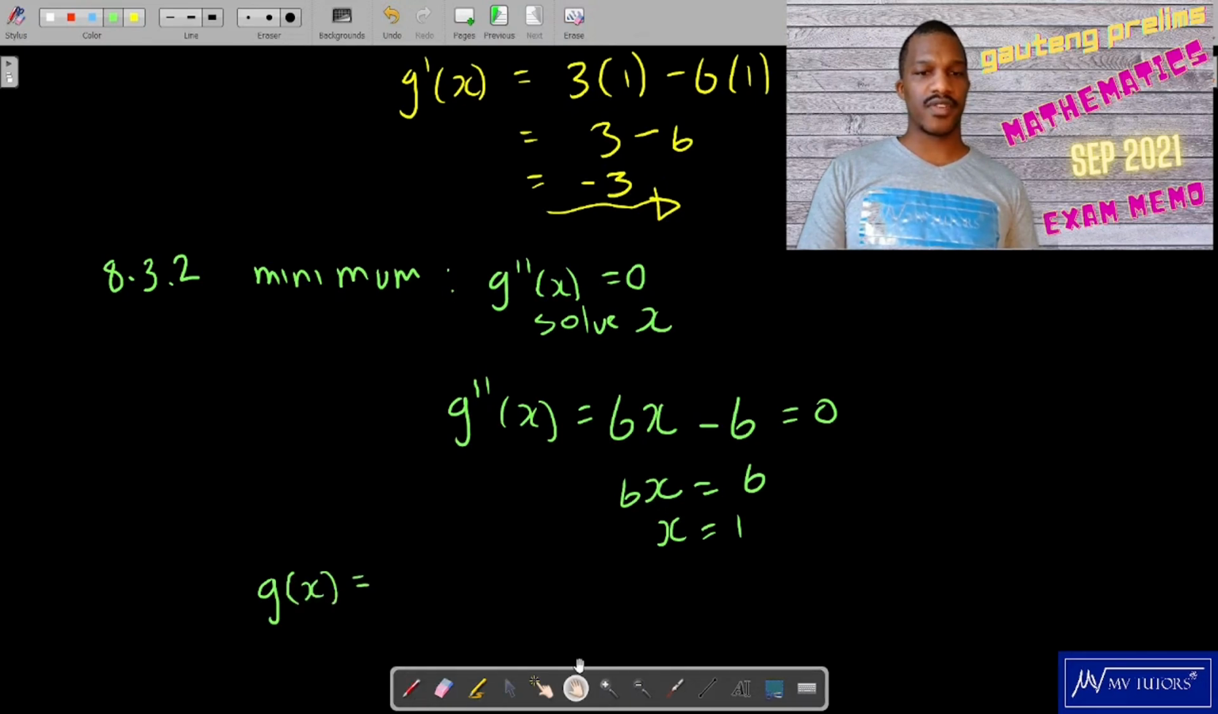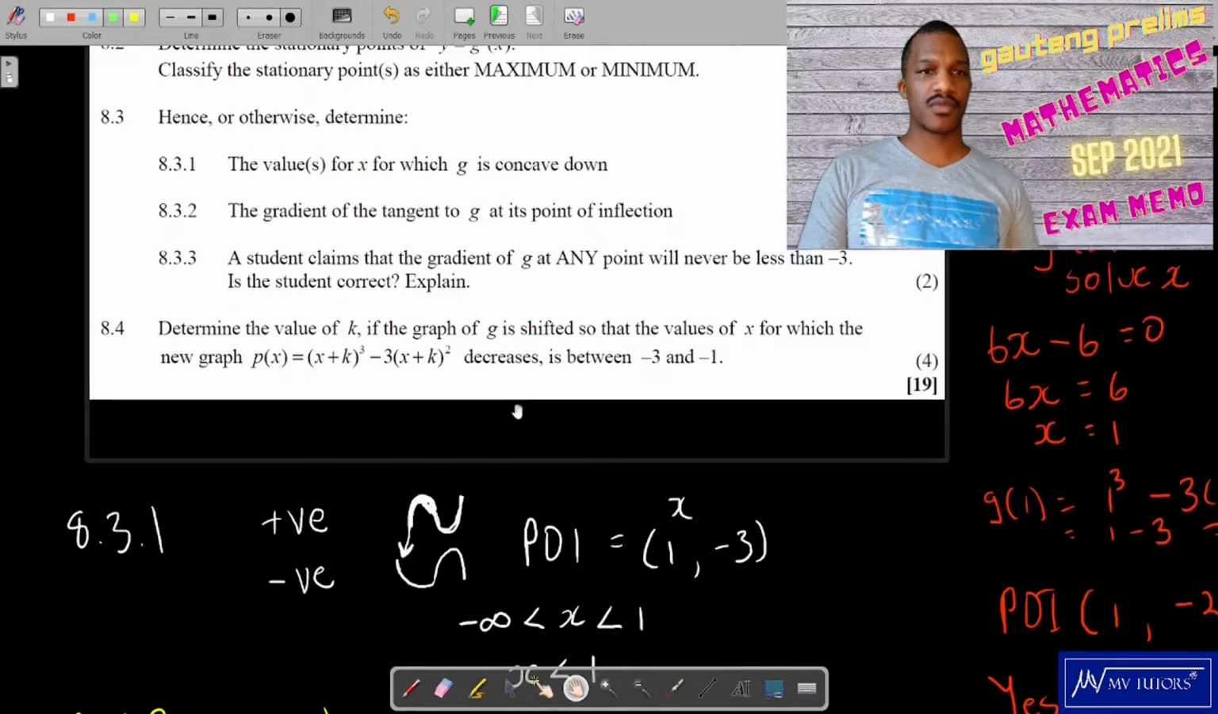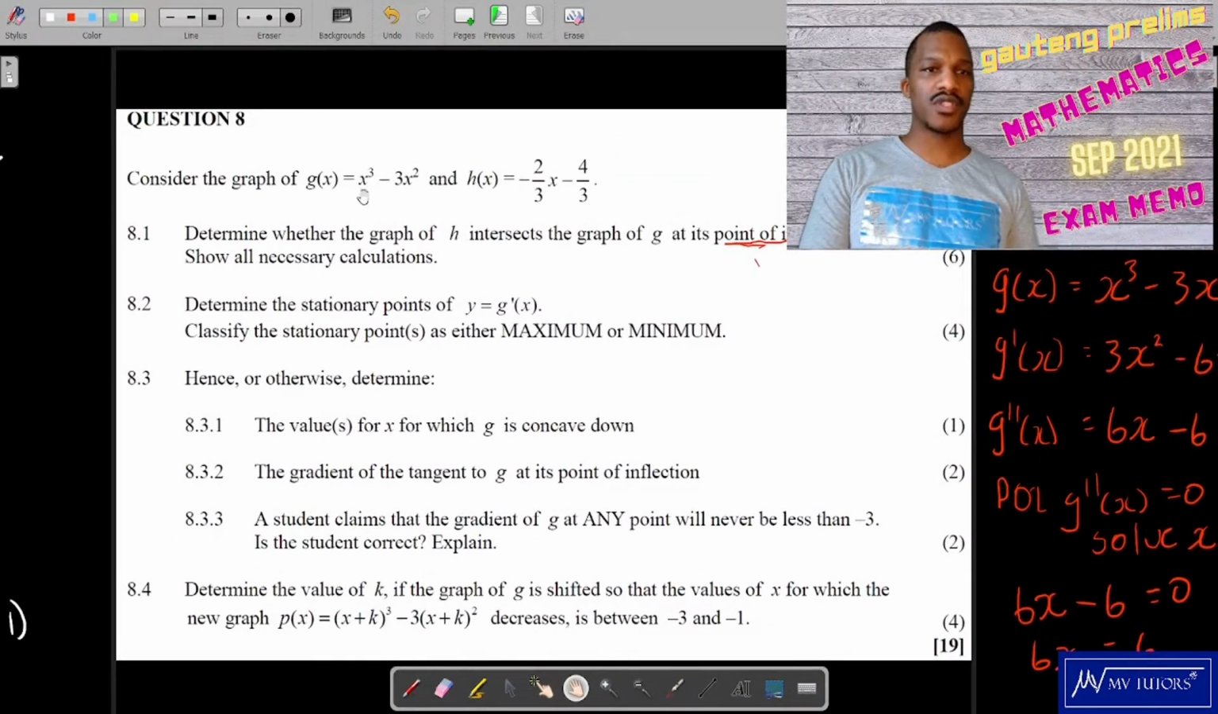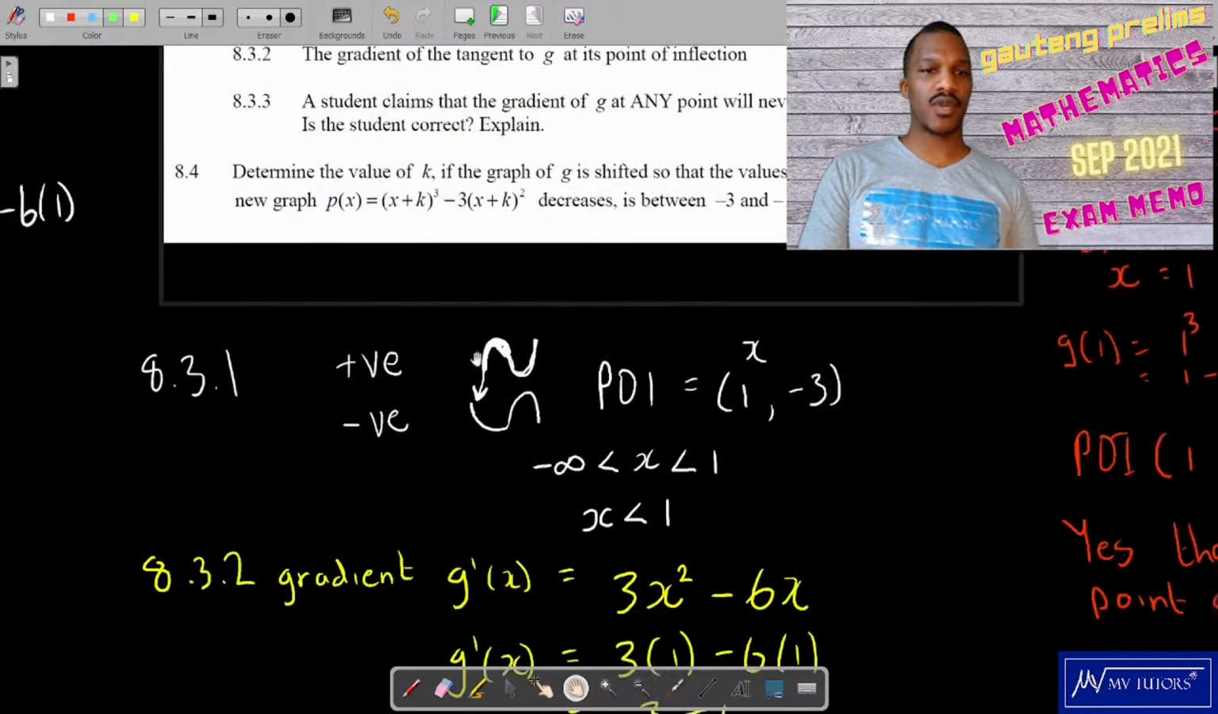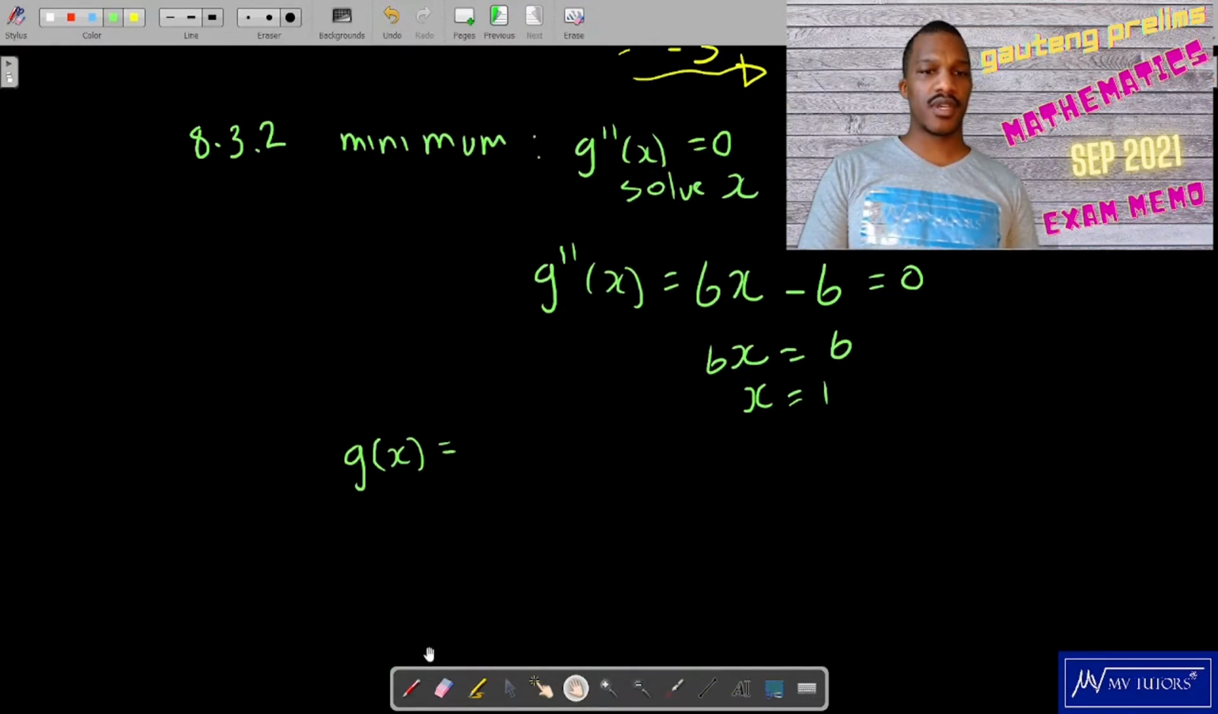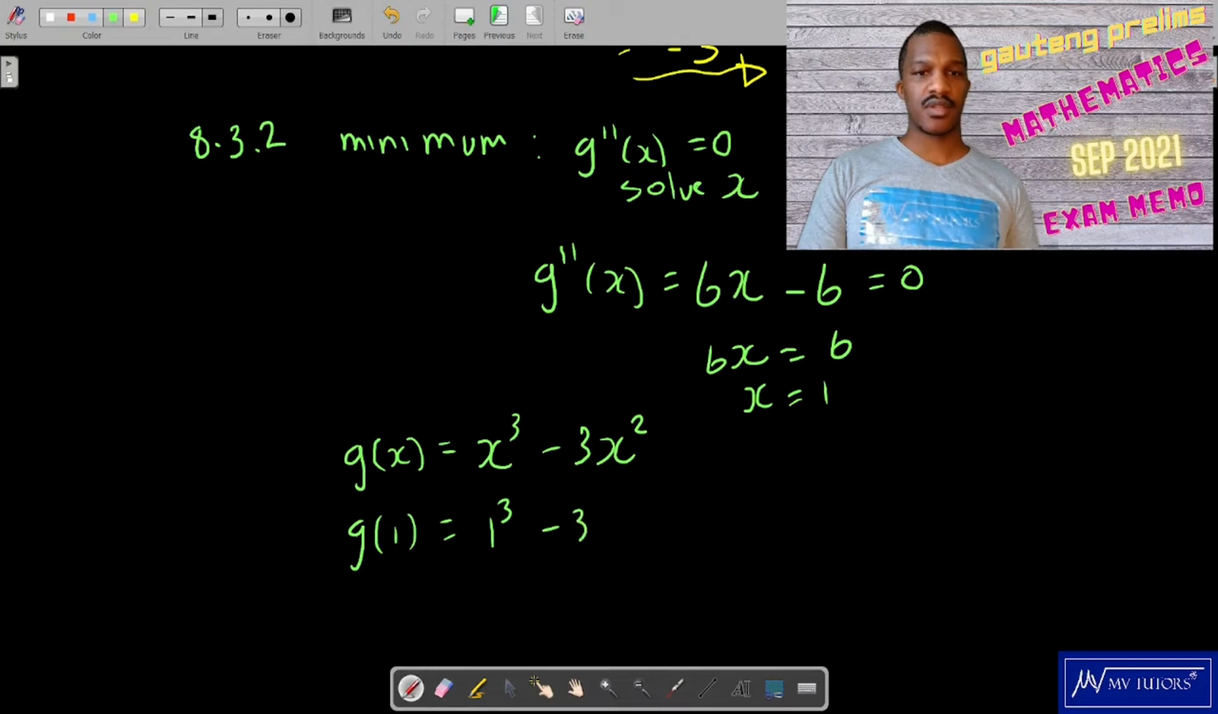What was g of x? Okay, and then solve. It's x cubed minus 3x squared. Okay, so it's x cubed minus 3x squared. So if we substitute 1 there, it should give us the minimum value, absolute minimum. So 1 cubed minus 3x